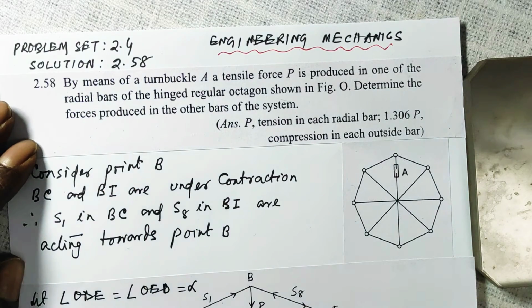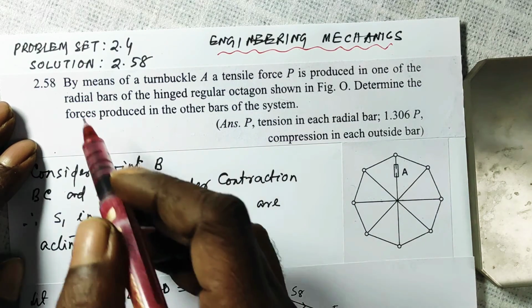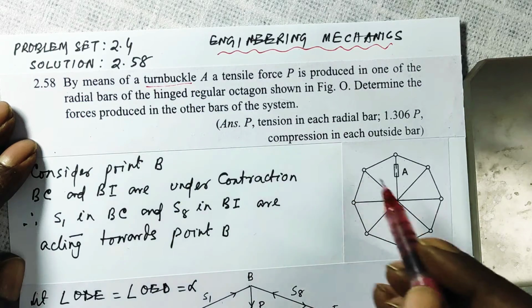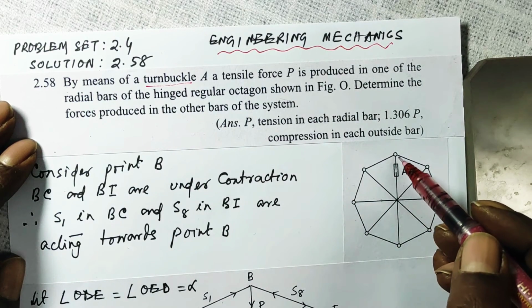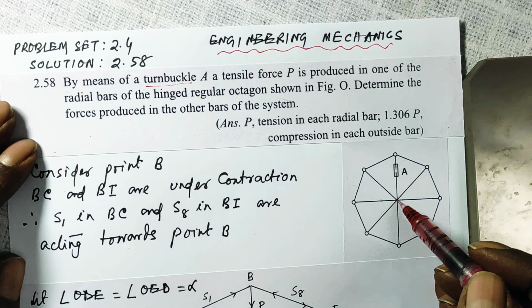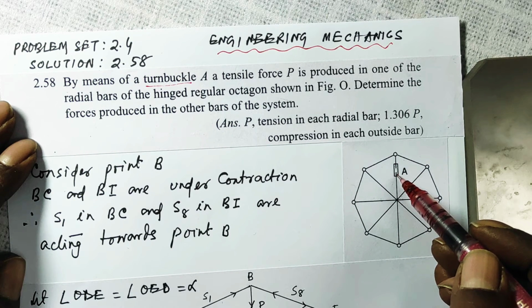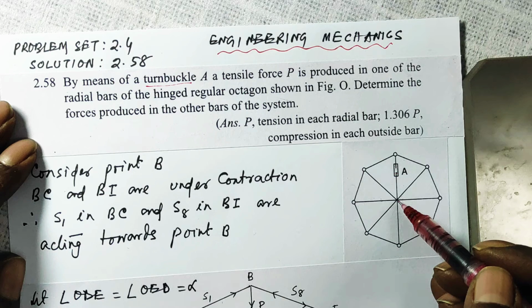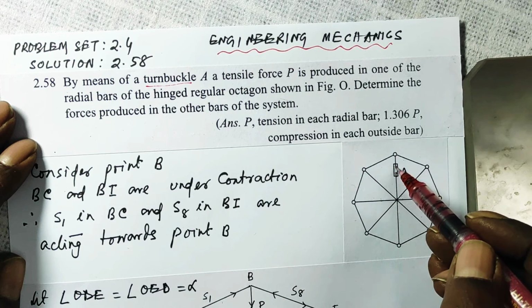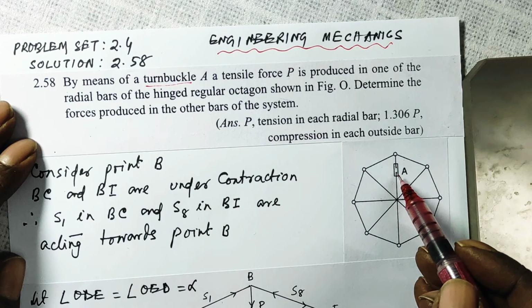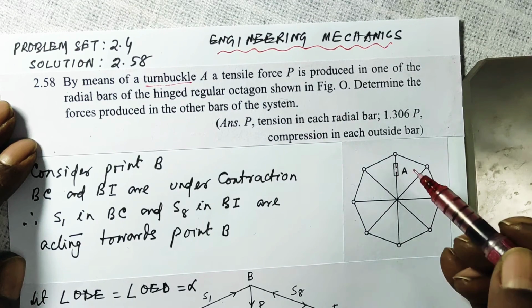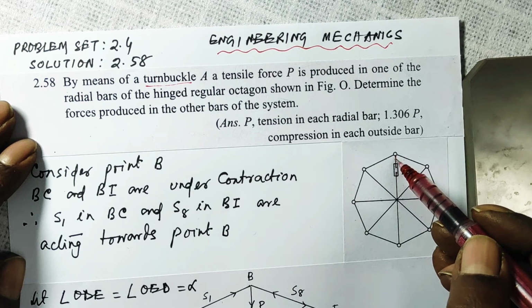Now, let me first read out the statement. By means of a turnbuckle, this is a turnbuckle A. This part from here to here is a bar. This part from here to here is connected to one end, and from here to here is connected to the other end of the turnbuckle. If you rotate the turnbuckle clockwise, this bar